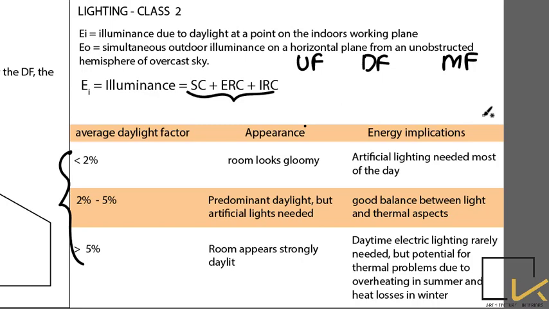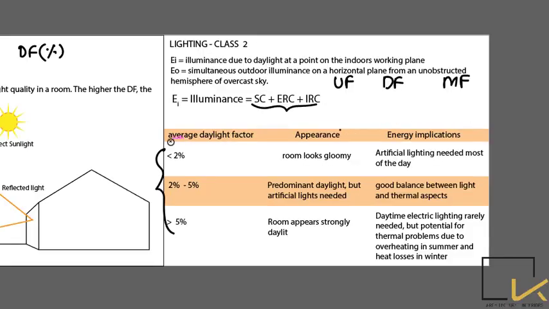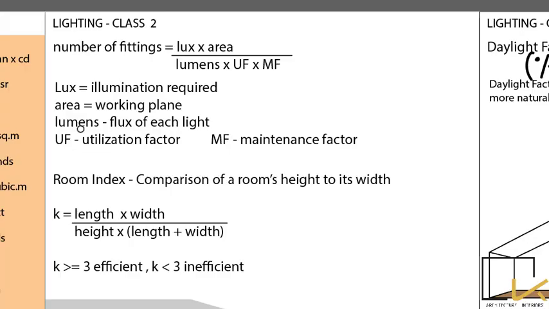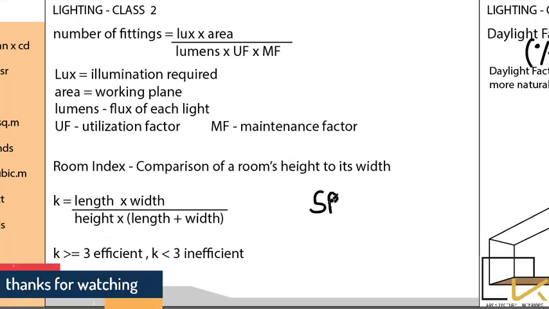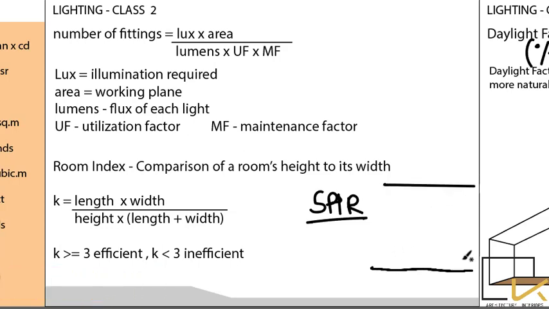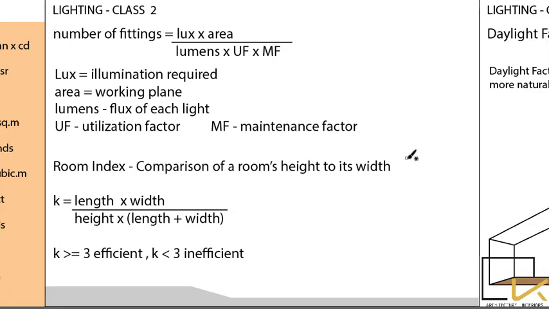In the next class we will be solving problems related to lighting. There are also other concepts related to this, such as the space height ratio, SHR as we call it, and many other factors which affect lighting in a room, but these are way beyond our scope in architecture. As an architect you need not remember all these concepts, so just concentrate on what we learned today. In the next class we will be solving problems. Thank you very much. Take care.